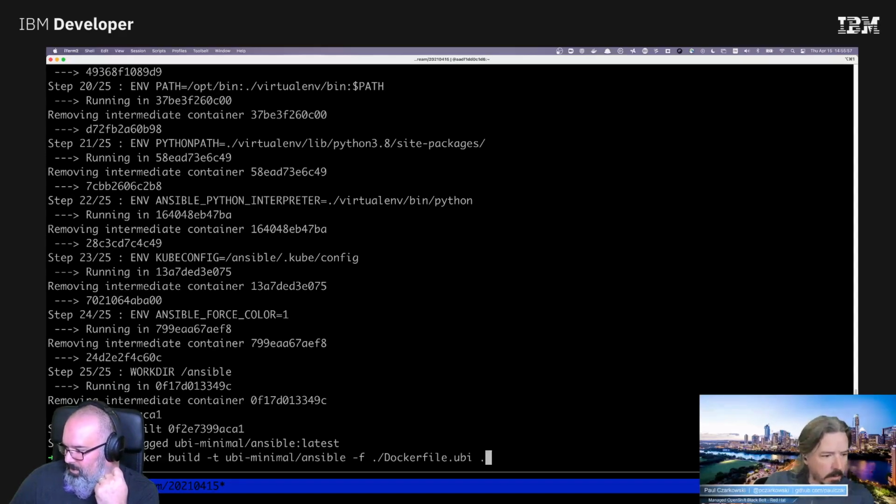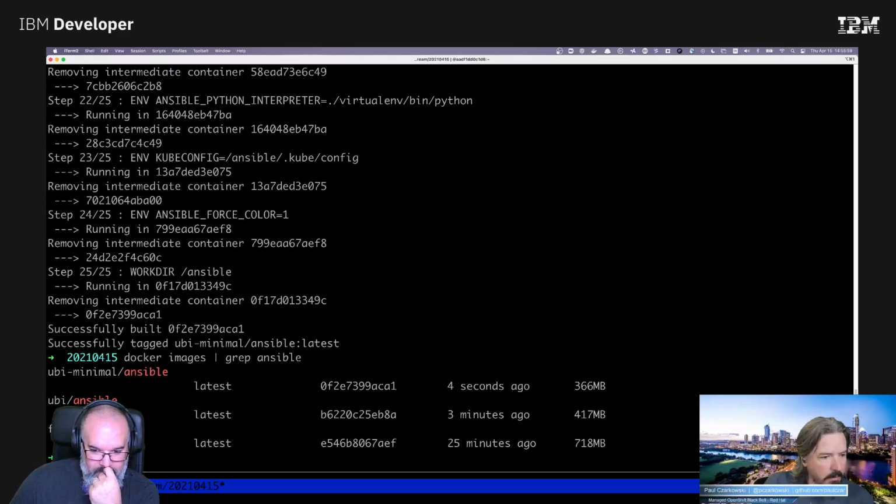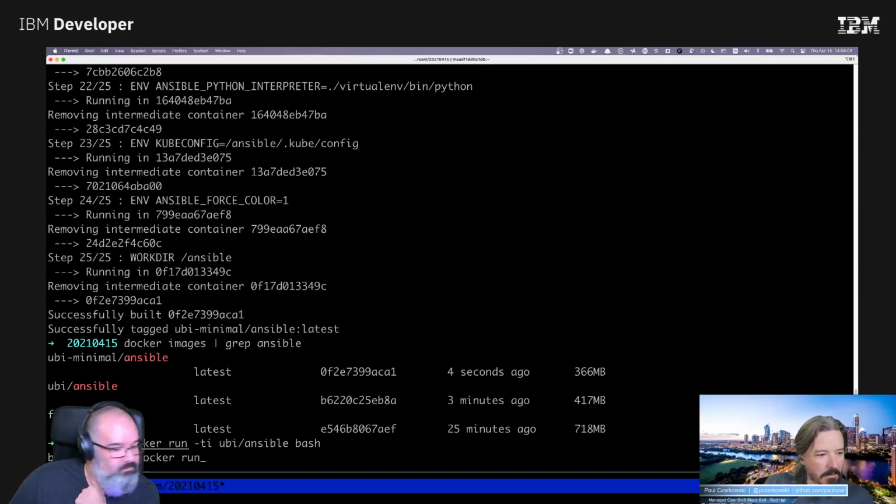Right. So if we look at our images again, look at this. Not bad. We are getting there. And then docker run UBI